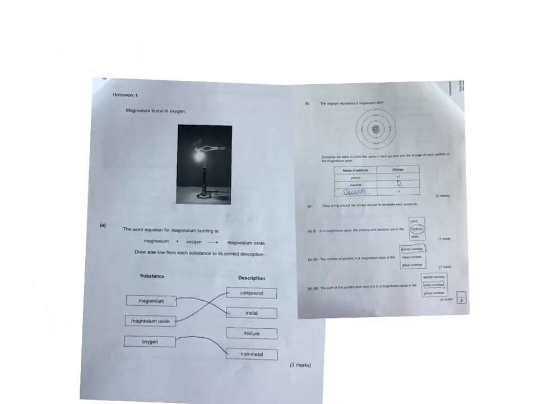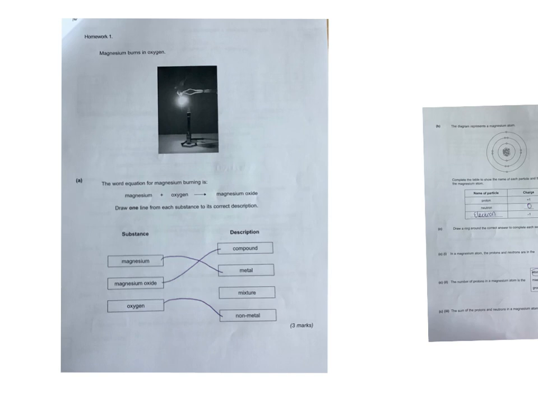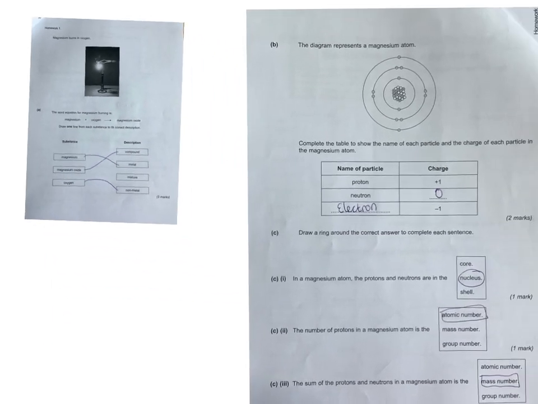Okay, this is the homework booklet for 2.2. So first question then, the word equation for magnesium is burning. Draw a line from each substance to its correct description. So magnesium oxide is a compound, magnesium is a metal, and oxygen is a non-metal. Nice easy question to get you started. Next bit then,